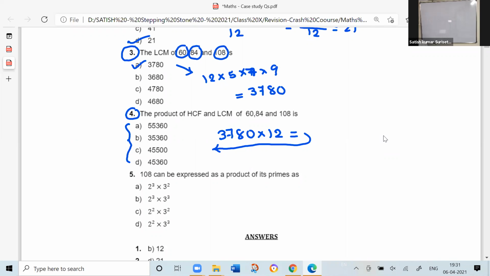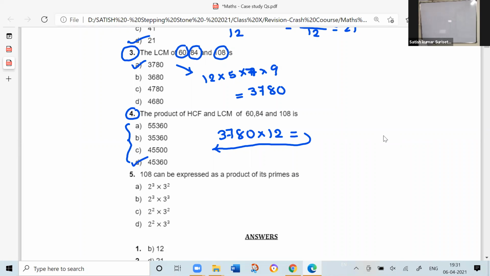Anybody coincide? Don't use calculator. C, sir, answer. Is it C option you are saying or D option? D, sir. Sorry, sir. D. Correct. D is correct. You have to be very careful when you are checking the answer also. Because when you have calculated, if you have not marked the correct option, then it will become wrong. Unnecessarily, you are going to lose the mark.